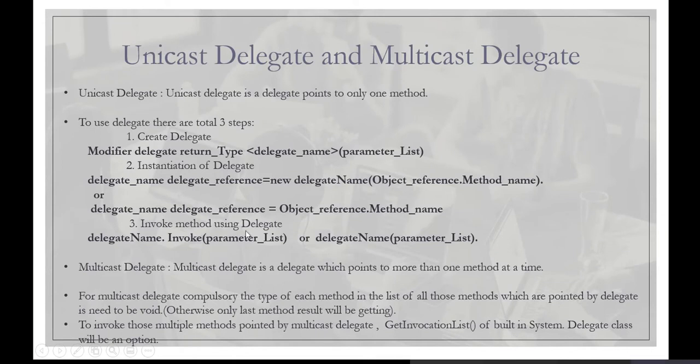And then third, invoke the method using the delegate. Either you use Invoke or you can directly call it, it's up to you. So these are the three steps available for a delegate.